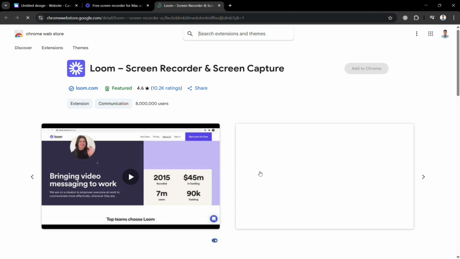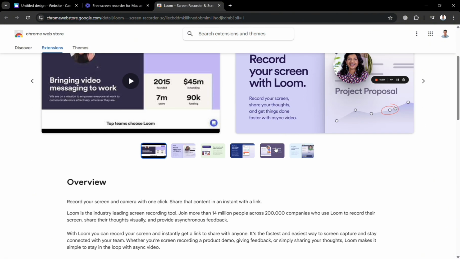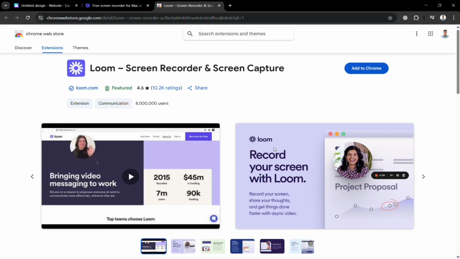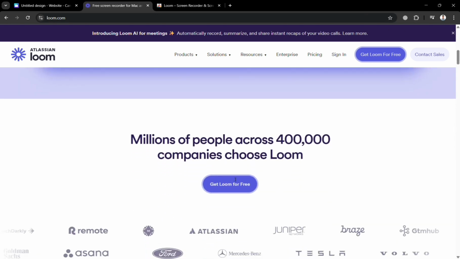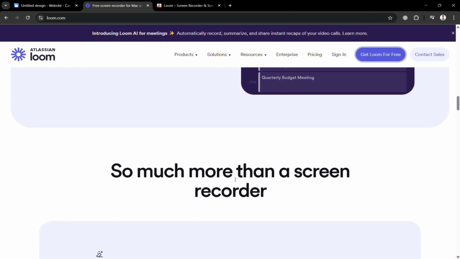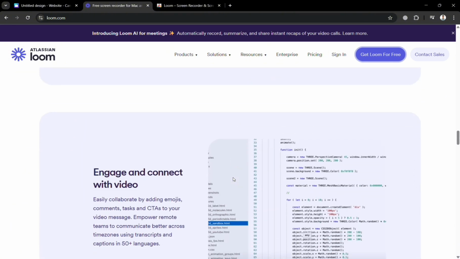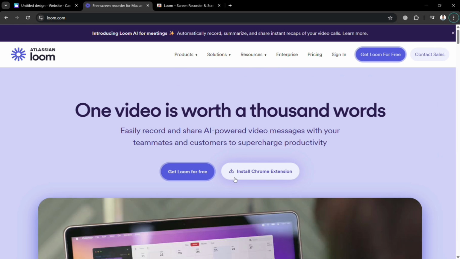in which it is commonly used for tutorials, product demos, team updates, and feedback, making remote communication more personal and efficient, integrated with Atlassian tools like Jira and Confluence. Loom enhances collaboration by allowing users to embed the video messages directly into project management workflows. So basically, this is the application or website that we're going to use to start recording a website